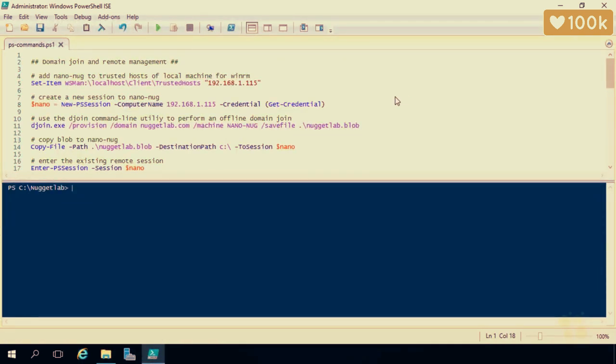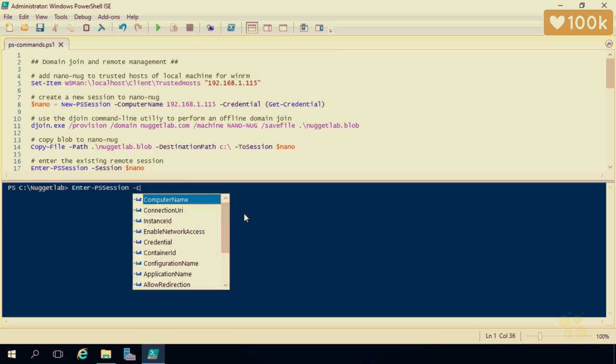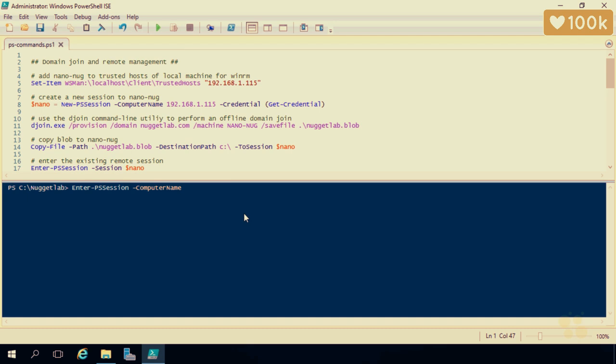So again, NanoNug is all by itself in its own workgroup. So what would happen if we were to attempt to remotely manage that machine right now? Well, let's give it a whirl here. Let's do an Enter-PSSession. And let's pass in for the computer name here. We're going to have to pass in the IP address because there's no DNS record on this machine for NanoNug. That'll all happen when we join the domain. So we're going to need to pass in the IP address here,